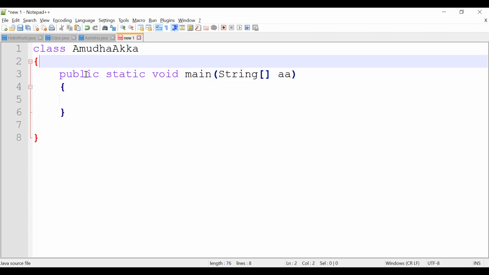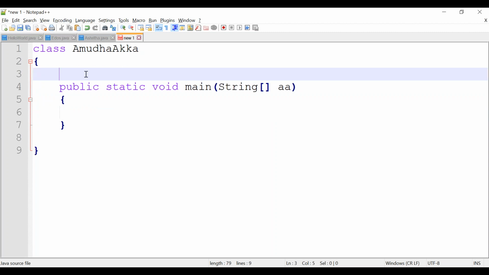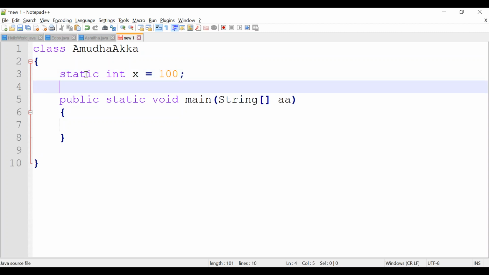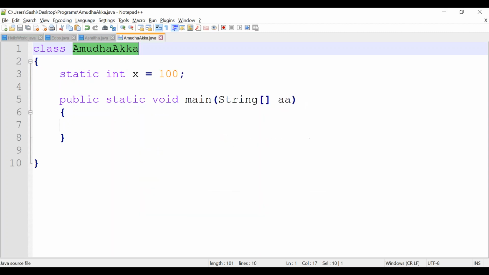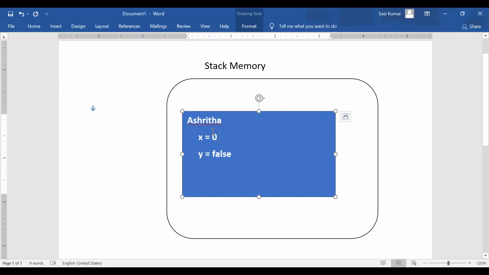Now here let me declare static int x equal to 100. What happens here? Let's save this class as name.java. While we are running, what happens?